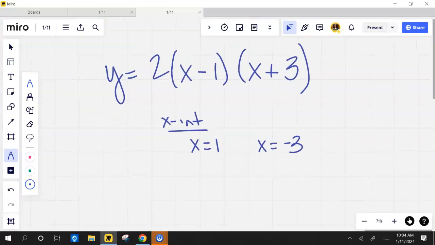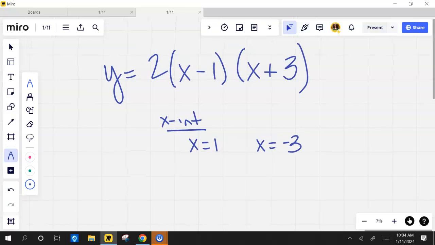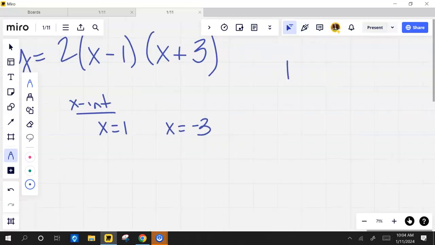All right. So that means it's crossing. Now let me ask you this, because we're missing a crucial part. If we've got the x-intercepts, so I've got this parabola, I know it opens up, I know I've got 1, 2, 3, and I know I've got 1. So I've got the reflected points. What am I missing though? I'm missing that vertex. I'm missing that axis of symmetry in the middle,